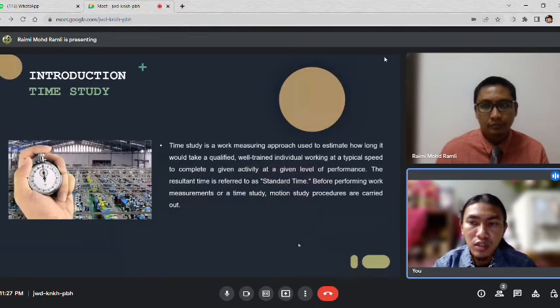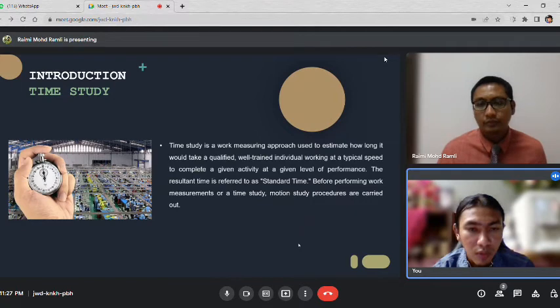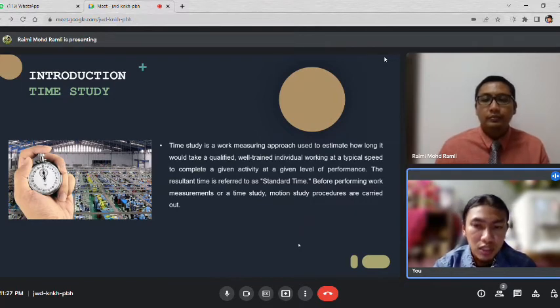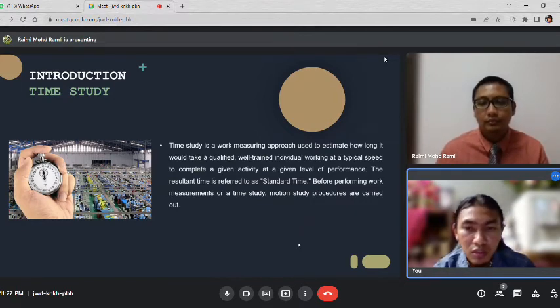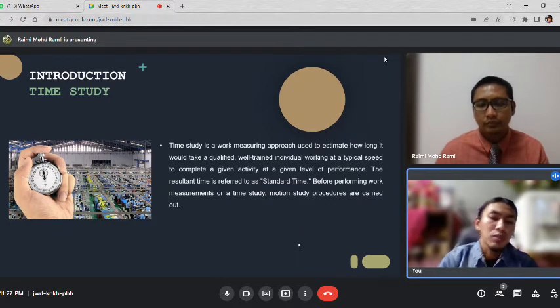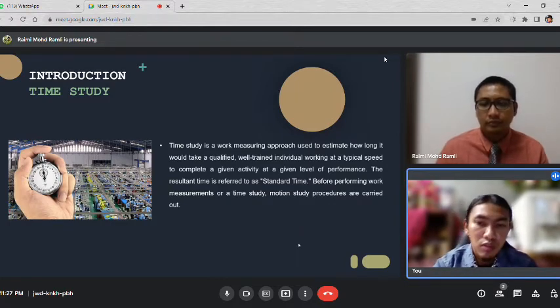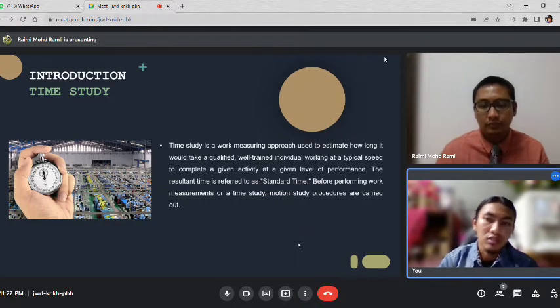So introduction to time study. Time study is a work measurement approach used to estimate how long it takes a qualified, well-trained individual working at a typical speed to complete a given activity at a given level of performance. The resultant time is referred to as standard time. Before performing work measurement or a time study, motion study projects are carried out. So next,